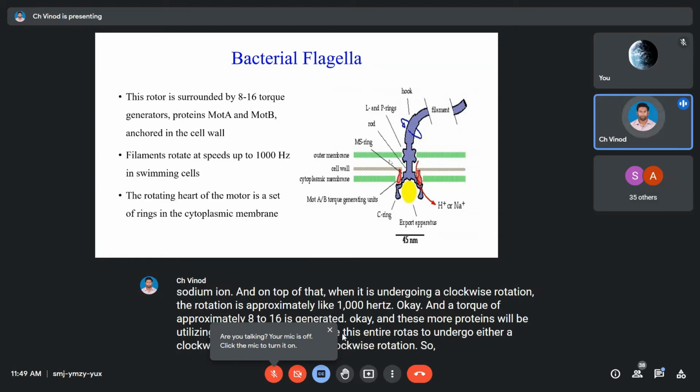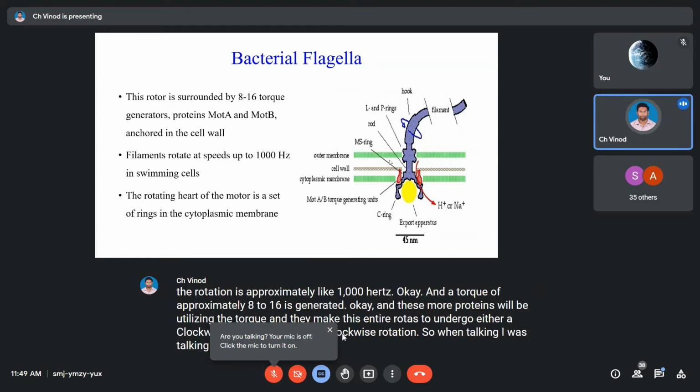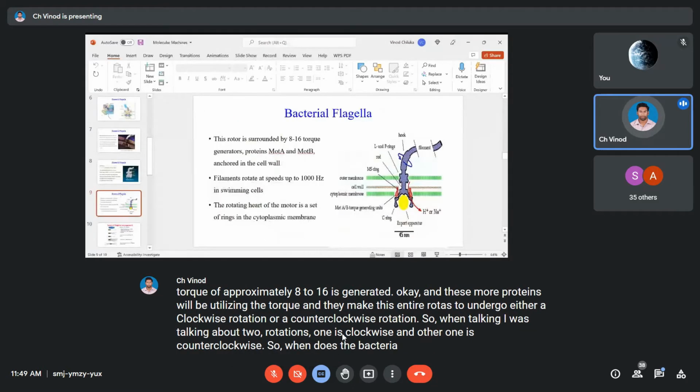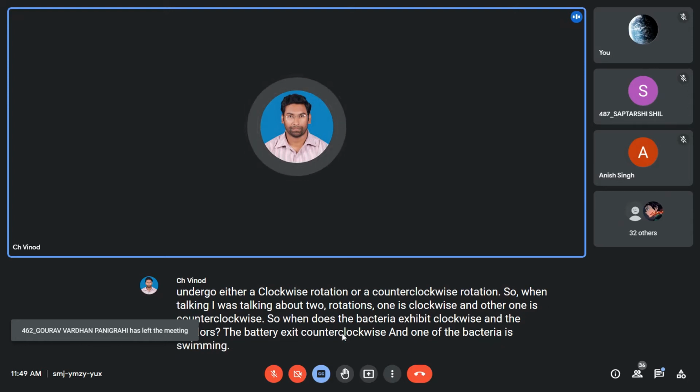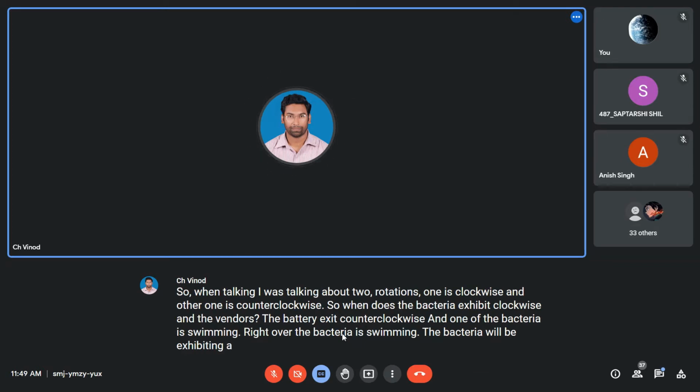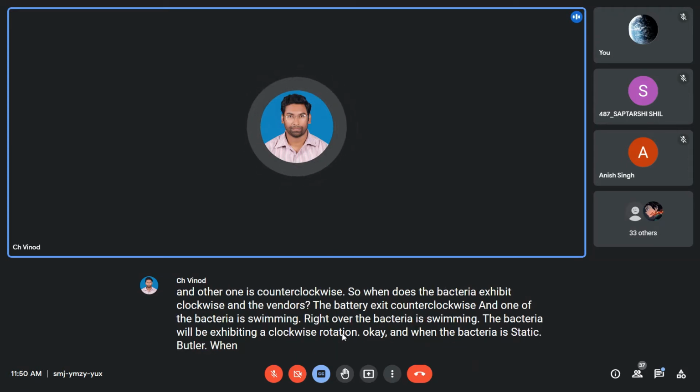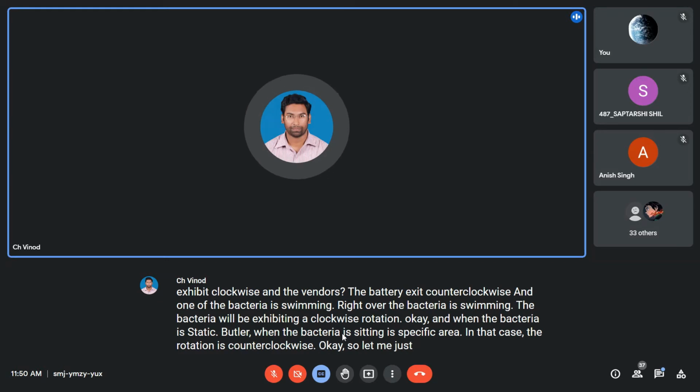So I was talking about two rotations. One is clockwise and the other one is counterclockwise. So when does the bacteria exhibit clockwise and when does the bacteria exhibit counterclockwise? Whenever the bacteria is swimming, the bacteria will be exhibiting a clockwise rotation. Okay, and when the bacteria is static, meaning when the bacteria is sitting in a specific area, in that case, the rotation is counterclockwise. Okay, so let me just share a small video clipping